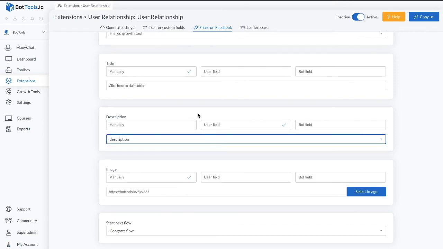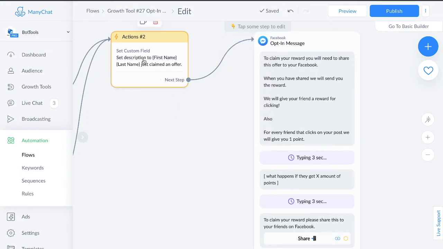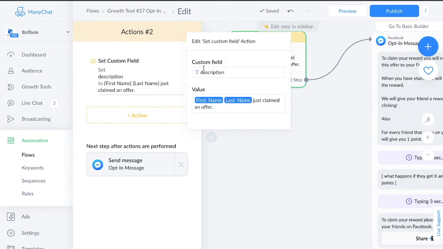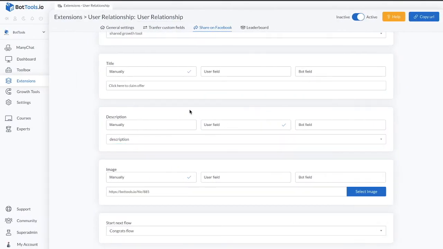Now if I click description and I come back over to my ManyChat account, we just jump back into this action here. We're going to set this user field called description to first name, last name, just claimed an offer. Okay, so what this is doing is it's going to pull in the name of the person and set that to be the description when it is then shared to this person's Facebook profile, making it that little extra bit dynamic, so it makes it a little bit more relatable to their friends that are then going to click onto this profile. Obviously you can also do this with the title, and the image you can either set manually or